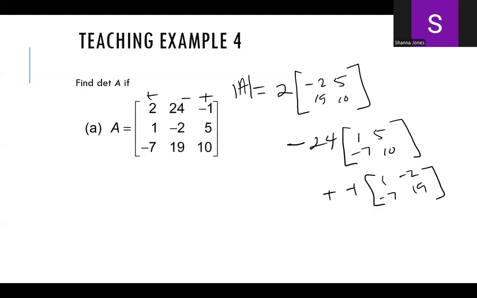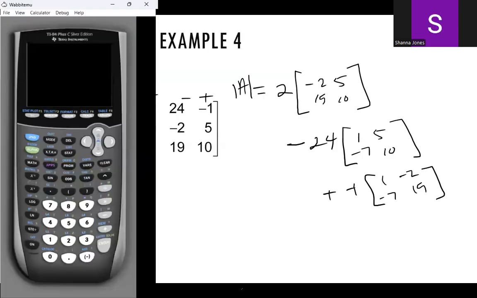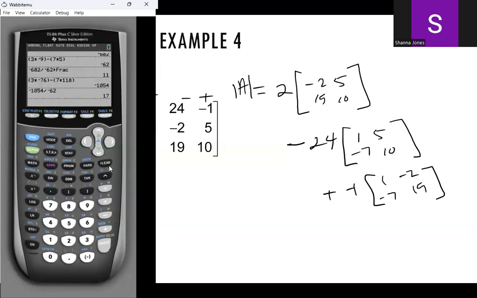Yes? All right. For the sake of multiplying, I'm just going to use the calculator. If that's okay with y'all. So I don't embarrass myself with the big numbers. All right, so I'm going to start the first one. So for the first one, I have 2 times -2 times 10, which is -20, minus 19 times 5, which is 95, close parentheses, minus 24